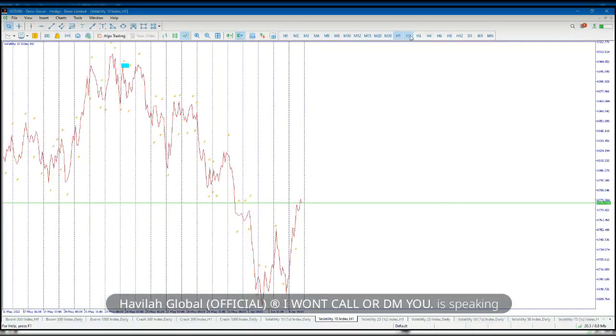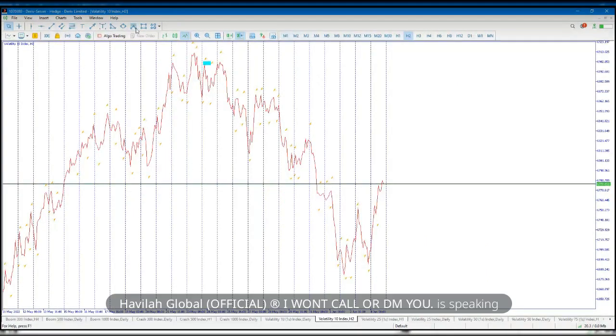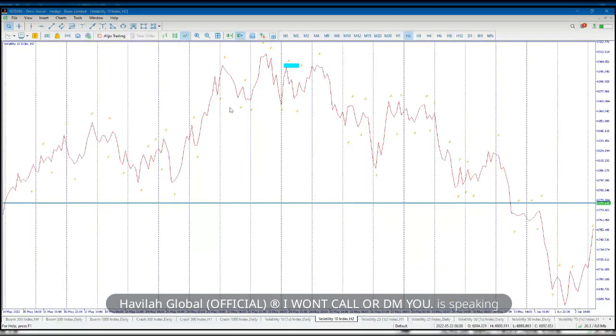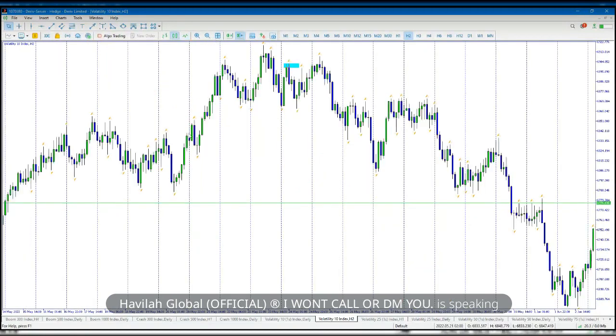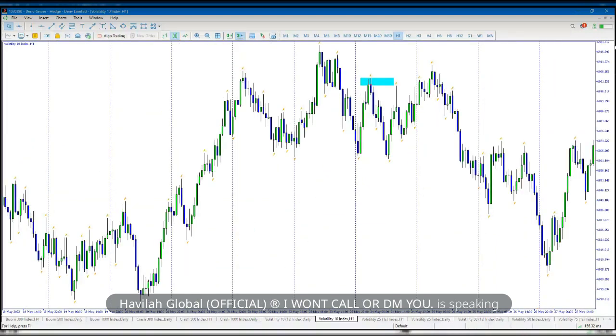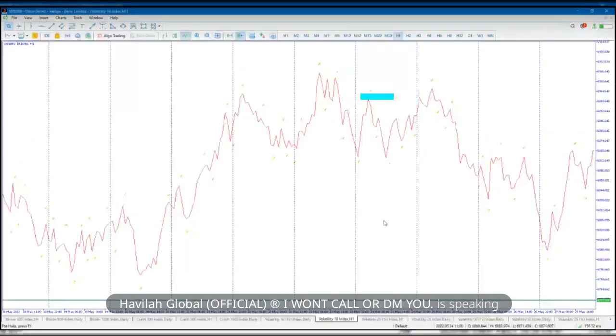Higher time frame is very, very powerful, guys. Are you seeing what I'm seeing here? High, low, high, broke structure, came back. There was a rejection, but if you go to H1, it was a break of structure, even on the line charts. Now go to H2.